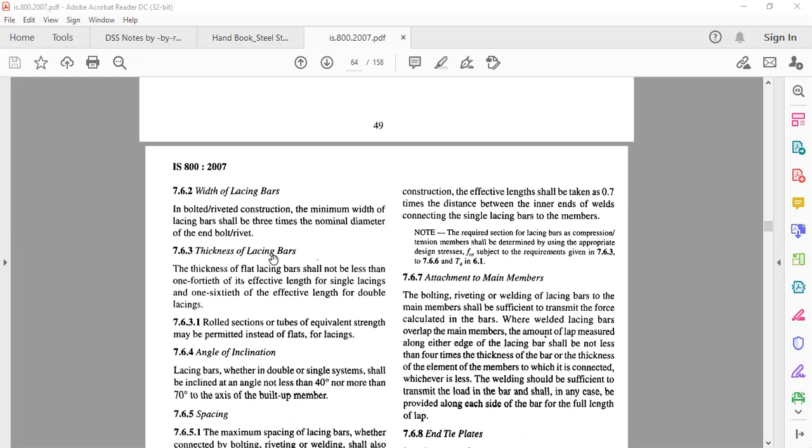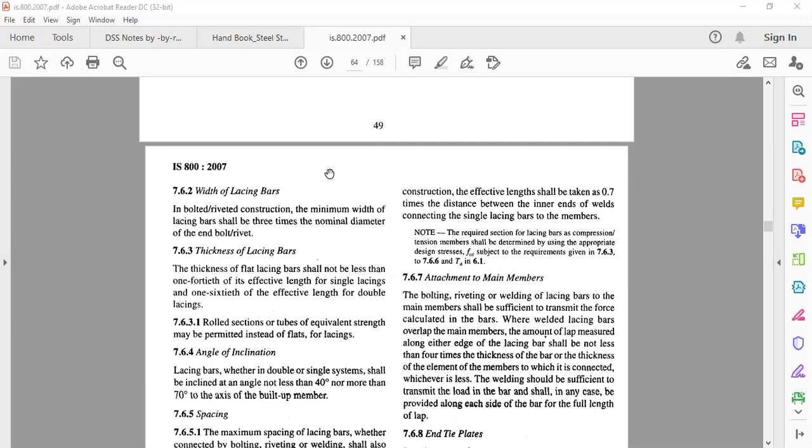Similarly, thickness of lacing bar. The thickness of flat lacing bar shall not be less than 1 by 40th of its effective length, LE, for single lacing, and 1 by 60 of effective length for double lacing.